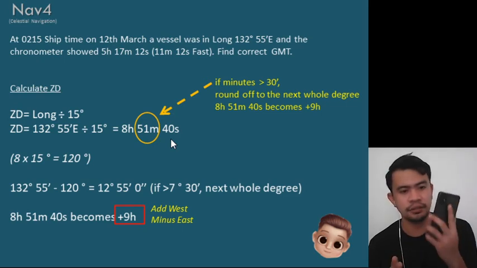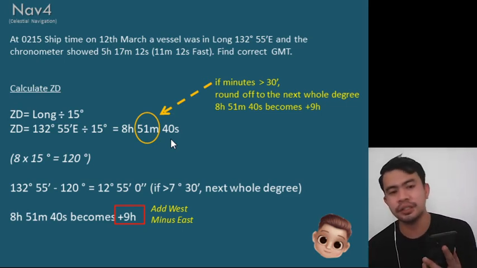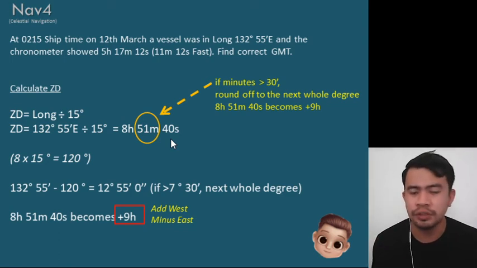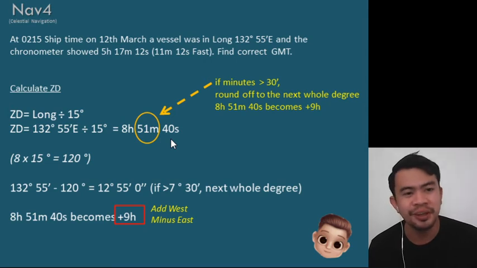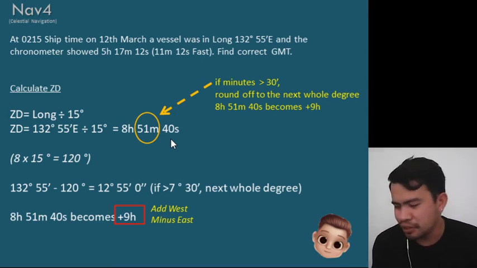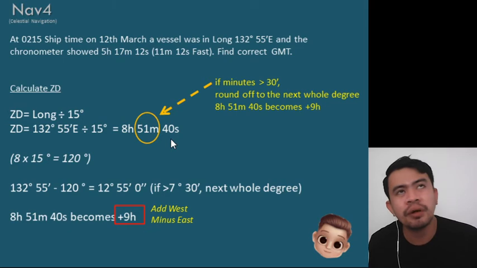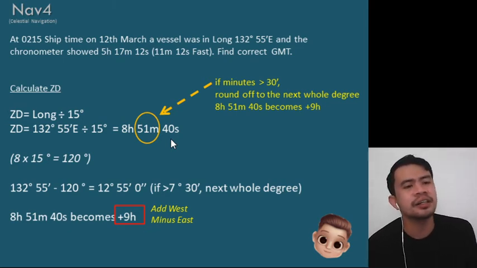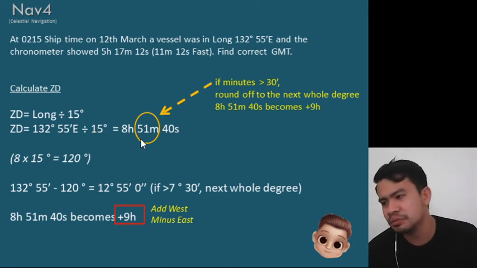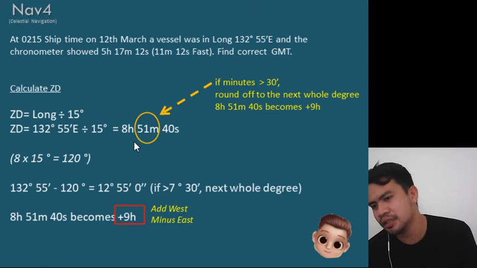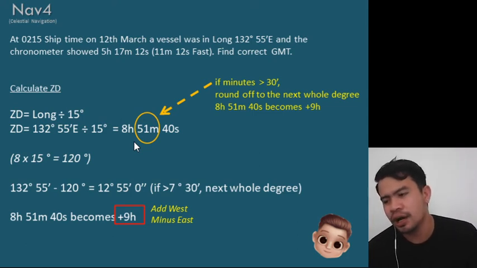So I got the correct one, 8 degrees 51 minutes 40 seconds. But since we're looking for the ZD and the ZD is a whole number, you have to remember na meron siyang rule, no? Na kapag nandun yun sa module natin, na kapag lumagpas daw sa 7 degrees 30 minutes yung butal ng, kumbaga, itong 132 degrees 55 minutes minus yung 8 times 15. So, kung ang butal nun is lumagpas sa 7 degrees 30 minutes,